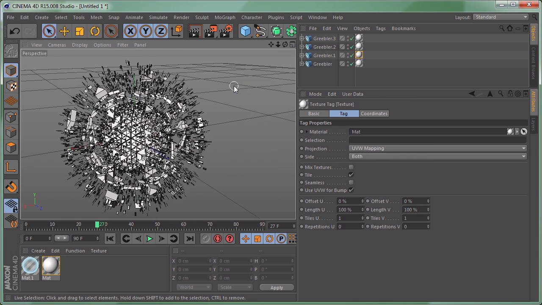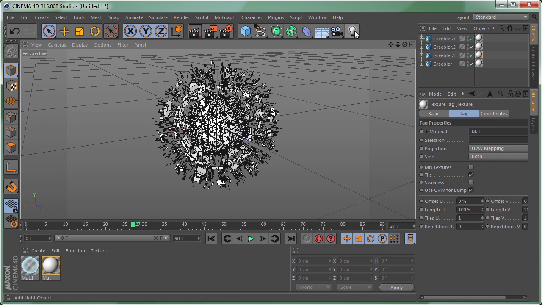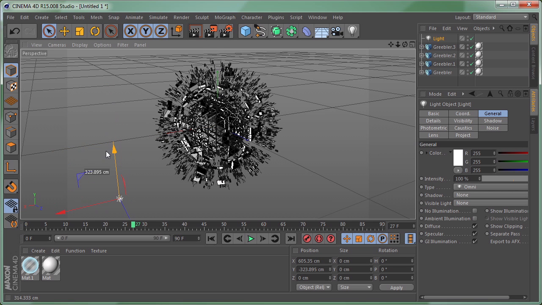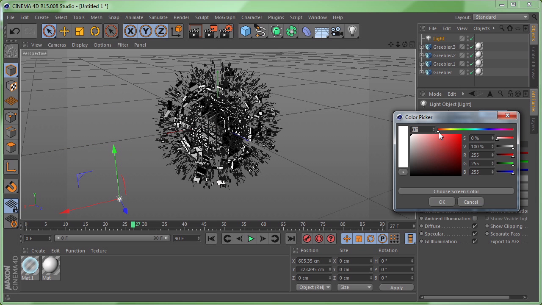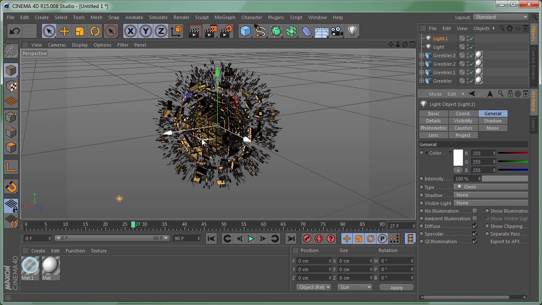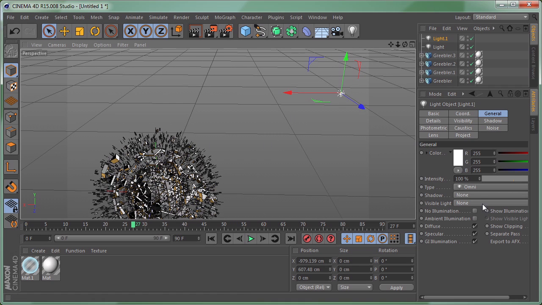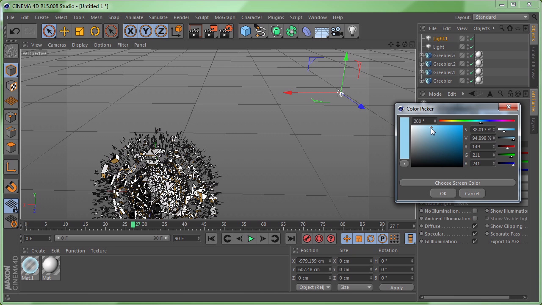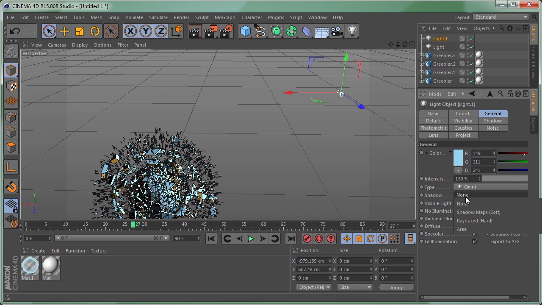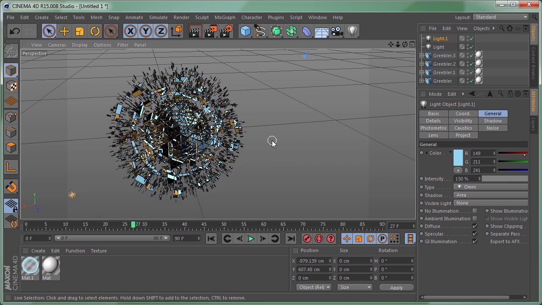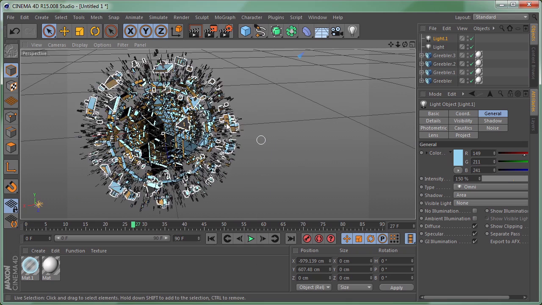And let's create a light for our scene. Let's create a very simple light, maybe here, and let's set the color of the light to warm, and let's create another light up here, and let's increase the intensity a bit and set the color to cool color, like bluish, and set the shadow to area, and let's zoom in a bit,